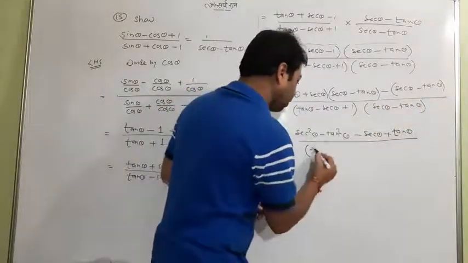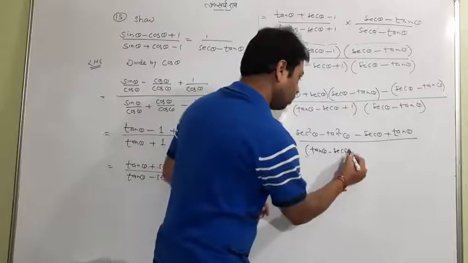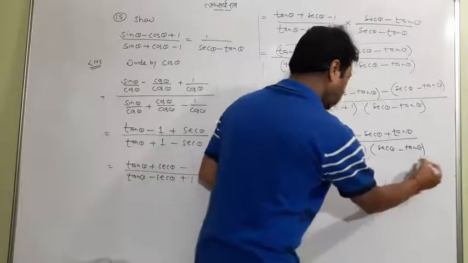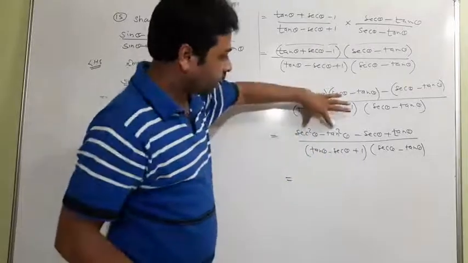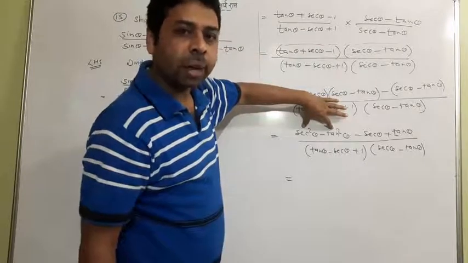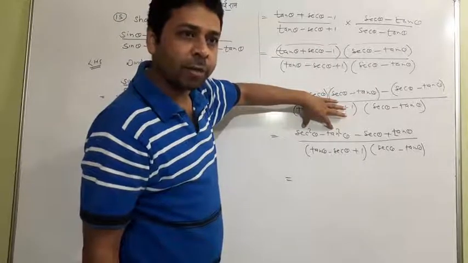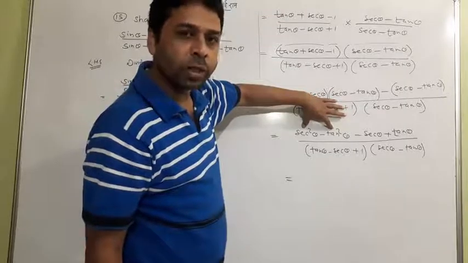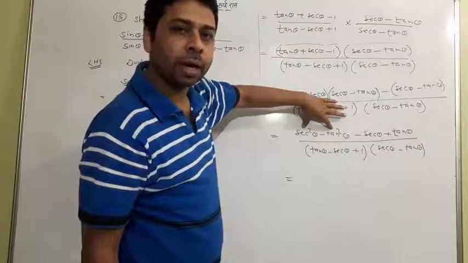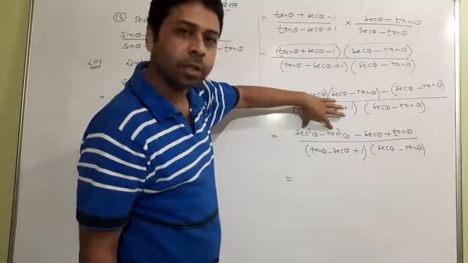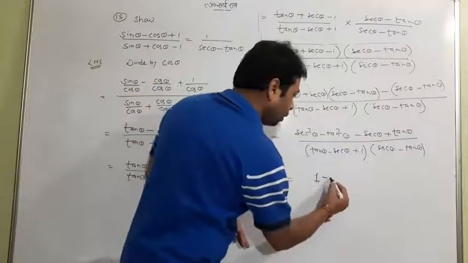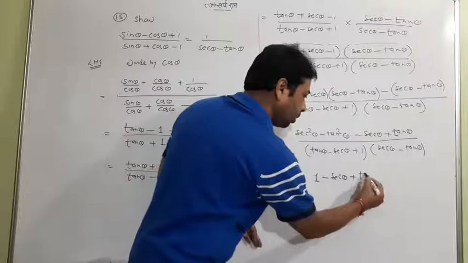And about the denominator, I don't want to change anything. Now what interesting term is coming here? Sec square theta minus tan square theta, see the finger, itself is 1. It is one of the identities. Actually it came very rarely, so I think you couldn't remember it properly. But see that list of identities which I made you write, you can observe that it is the second one. Sec square theta minus tan square theta is equal to 1. And minus sec theta will be as it is and plus tan theta will be as it is.